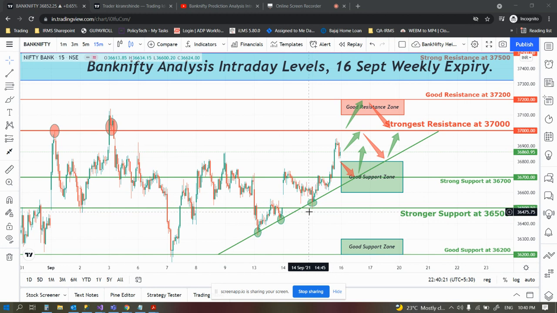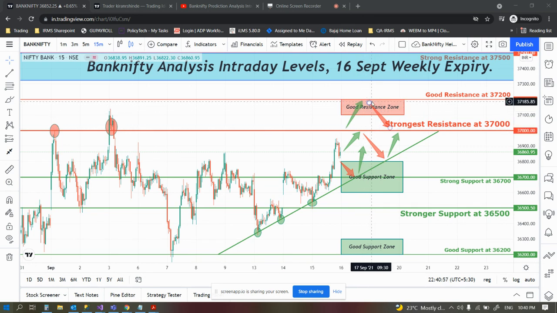One thing you can see at this particular point, whatever small gap was pending, even that gap was filled today. Exactly, you can see. So same way when we have a gap up opening, nowadays we don't see too much volatility. Then what would be the case? I'm telling you this example or scenario for the expiry. If the market opens gap up above the 37,000 level, then it would face the resistance of this particular level, and we can see